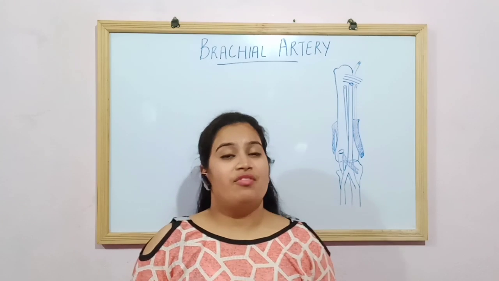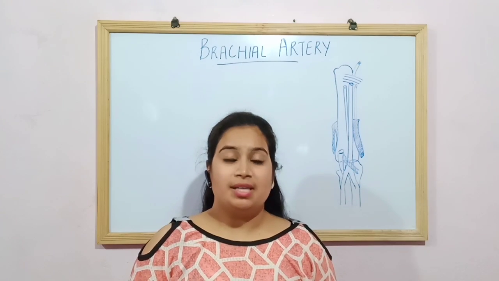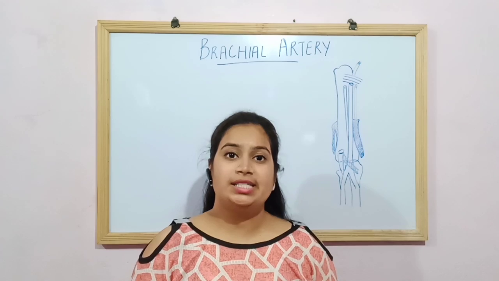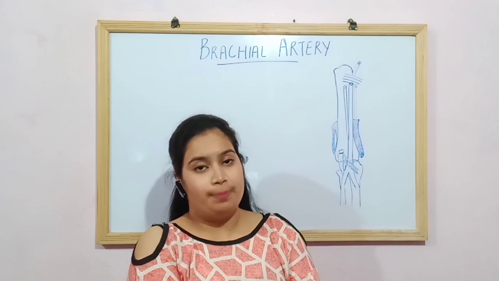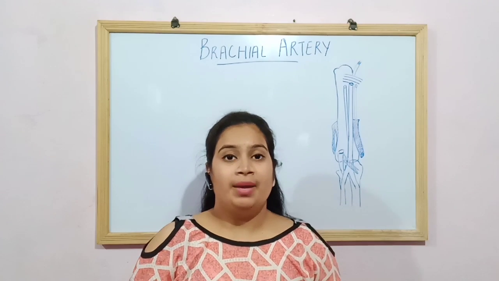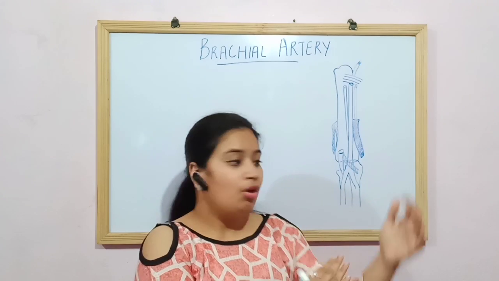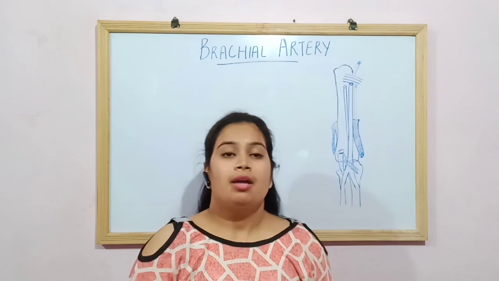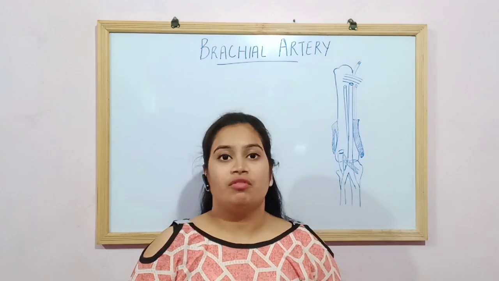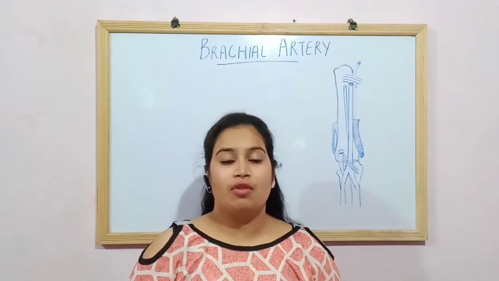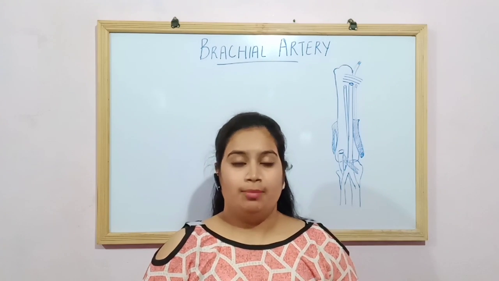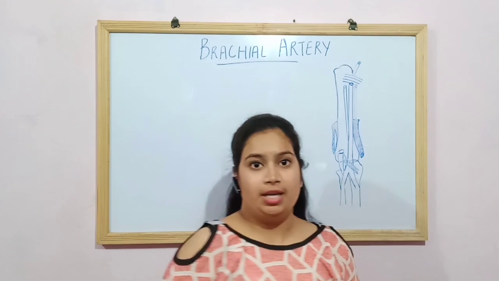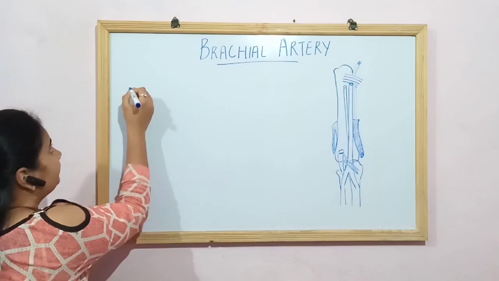Brachial artery is a very important artery. It is the major blood vessel located in the upper arm, and it extends downward up to the elbow and is the main supplier of the blood to the arm, forearm and head. Brachial artery is a continuation of the axillary artery. It extends from the lower border of the teres major muscle up to the elbow joint at the neck of the radius. So its extent is